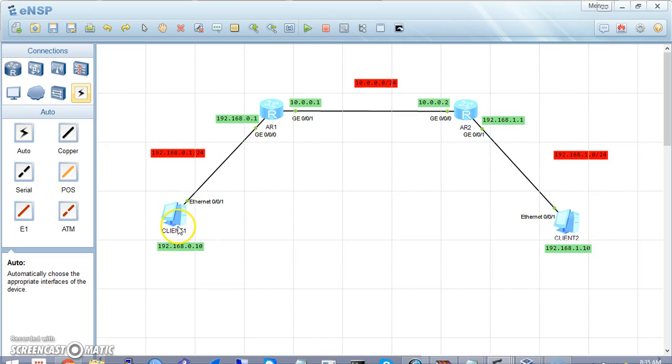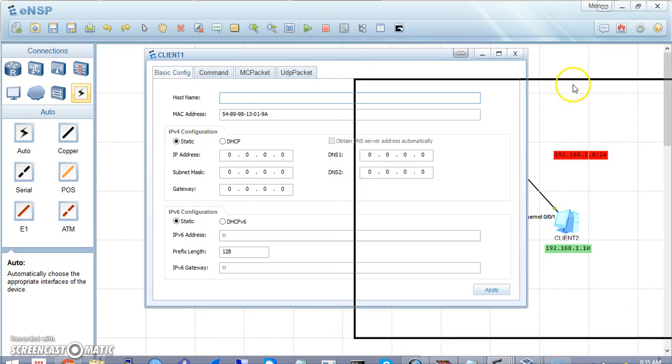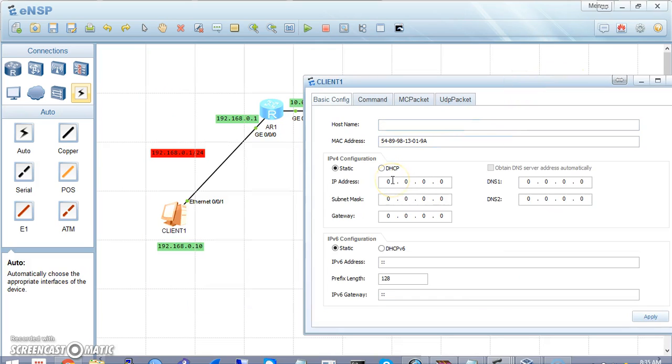Alright, so first we'll start with client 1. Let's assign an IP address to client 1. Let's go to settings on client 1. And so we're going to assign it 192.168.0.10 with a default gateway of 192.168.0.1. Sorry, that is supposed to be a subnet mask, so subnet mask